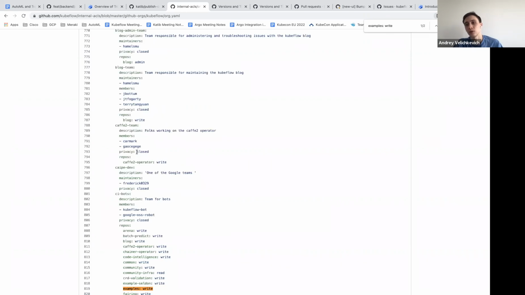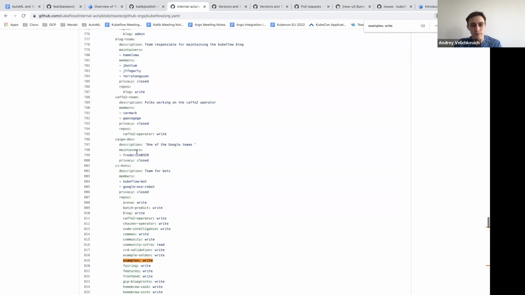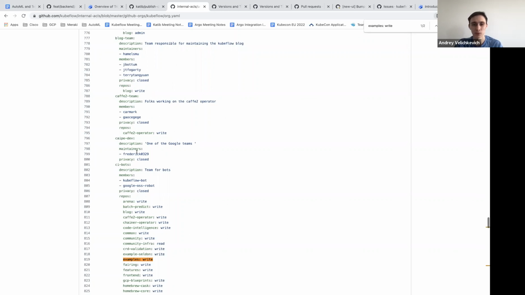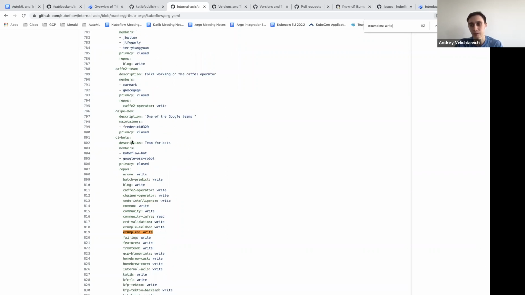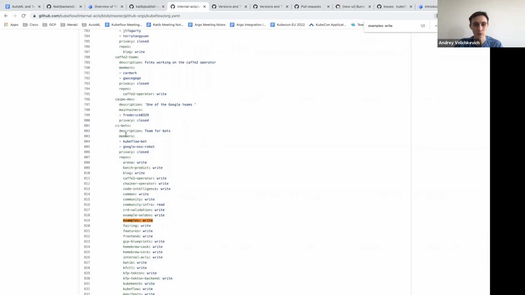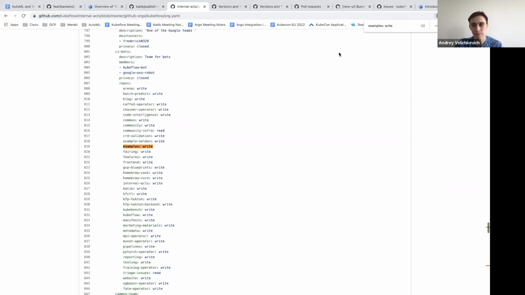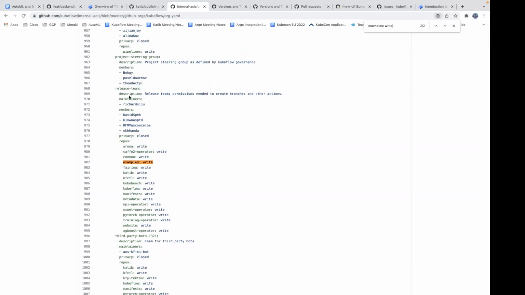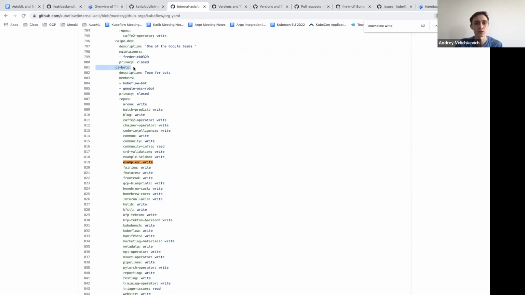You can ask Jan or James about it, because I'm not sure what the process will be, since we don't have the working group. Can you just create a team, for example Kubeflow examples, and add yourself to this team? As I can see, we have the release team, which has examples write access, and I have the CI bots team. Okay. Yeah, try to ask Jan and James about it.